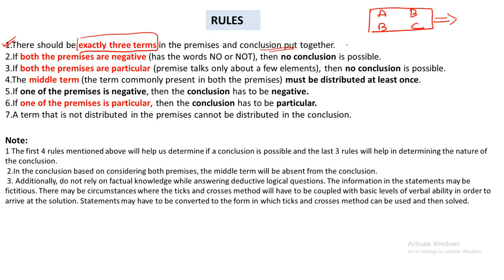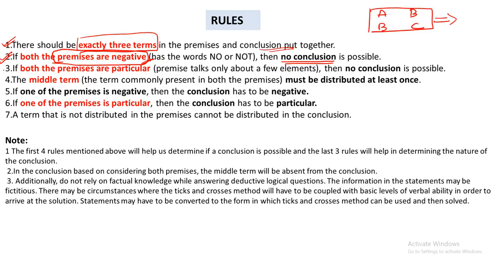Okay, and there are further conditions for it, but there need to be exactly 3 terms in premises and conclusion put together. Now the second rule is, if both the premises are negative, either particular negative or universal negative, then we cannot draw any conclusion. If both the premises are negative, in negative I mean either universal negative or particular negative, then no conclusion is